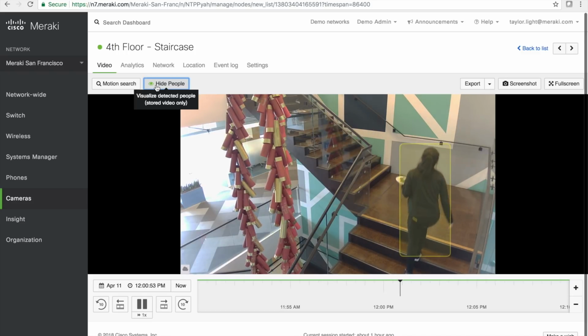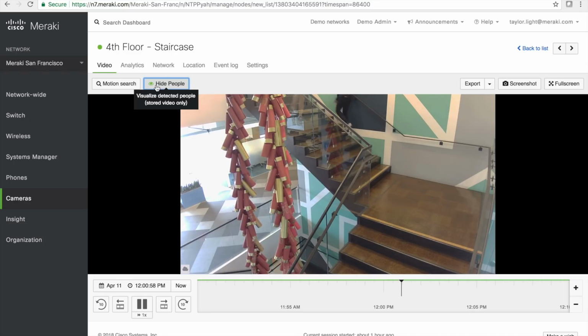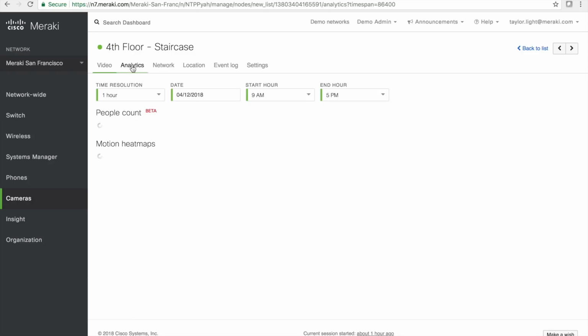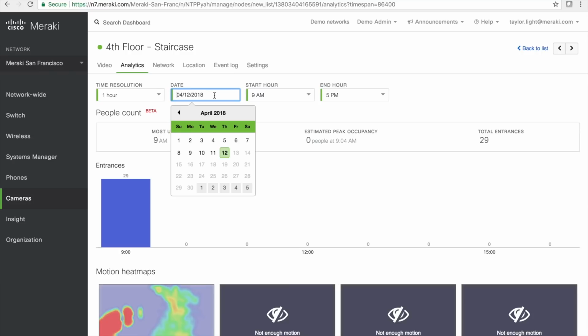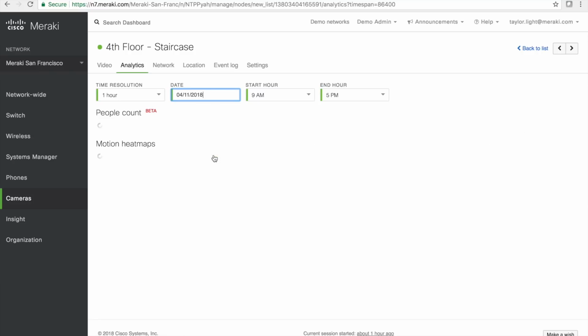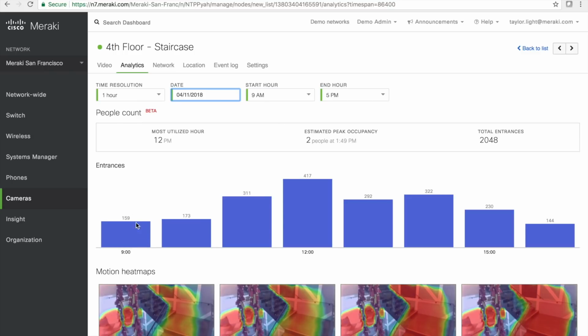So as we think about this, drawing yellow boxes around these persons is more a visual aid for an installer or for an integrator to understand exactly where people counting is being detected. But what's more practical is diving then into the analytics tab. And what we'll see here is that for this same camera, if I dive back again to yesterday, and I then look at the entirety of, say, 9 a.m. to 5 p.m., we immediately are presented with the number of entrances that have occurred over this period of time